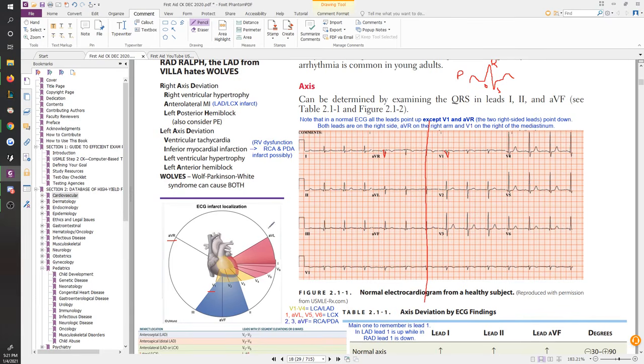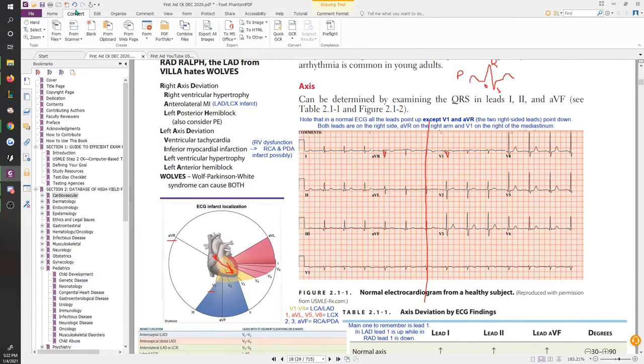And the way the electricity is read depends on the way the heart is actually facing. So since your heart is facing to the left, and since most electrical impulses are going to come from this area right here, where your SA and AV node roughly are, all of those impulses go in this direction. Right? So since those impulses are going in those directions, the line tends to only go up if the impulse is actually going in the same direction as where the leads are. Okay, so since it's an impulse that's going away from AVR and V1, those leads have an ECG complex pointing downwards, right? So it's backwards, and that's the only reason it's pointing down.